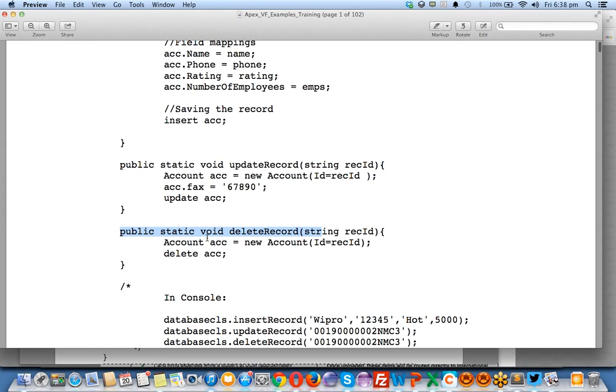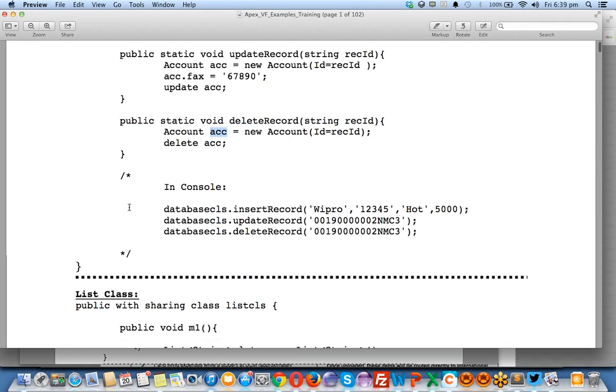So I simply query the account with Id equal to recordId, and use the command delete acc. Don't get confused, this is a simple variable that I'm using in all these methods. It is a local variable inside this method. It won't carry anything outside of the method. If you come out of the method, that value will be cleared.